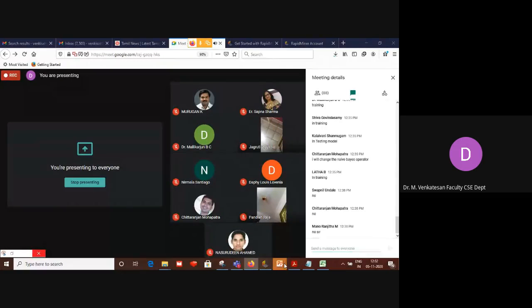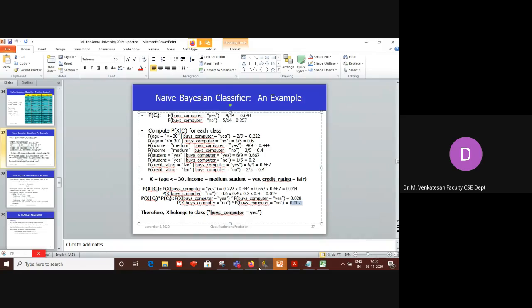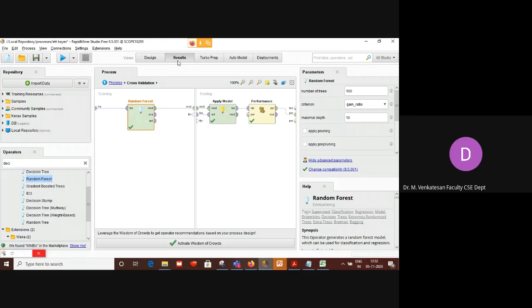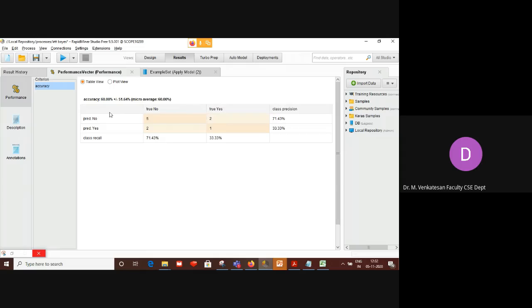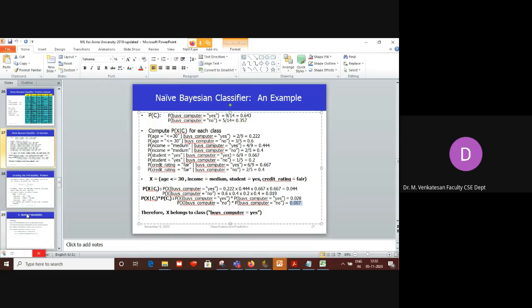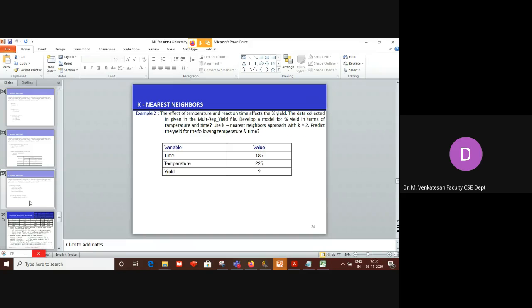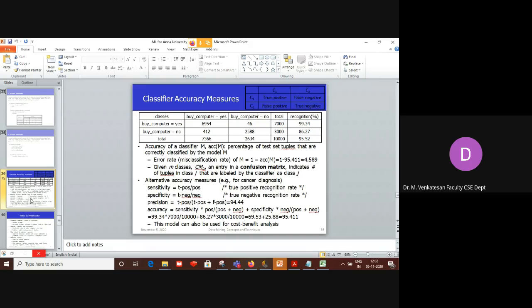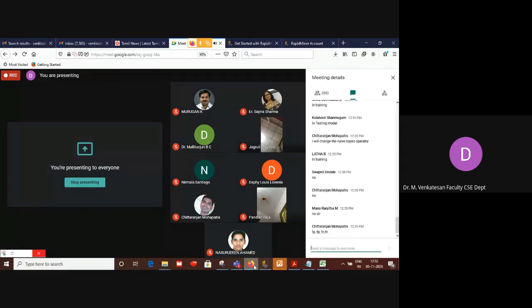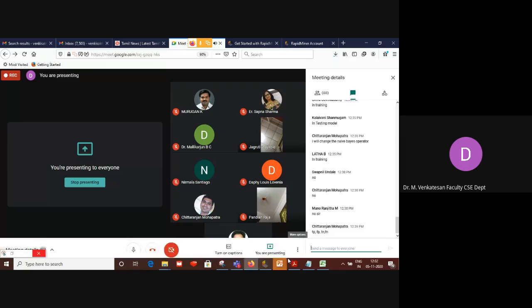Now we will discuss the performance. I am showing you here now. This one. What is this? The result. This is called the confusion matrix. Any idea about the confusion matrix? This is the confusion matrix. Chittaranjan says true positive, false positive, true negative, false negative. Thank you. Yeah, it is correct.